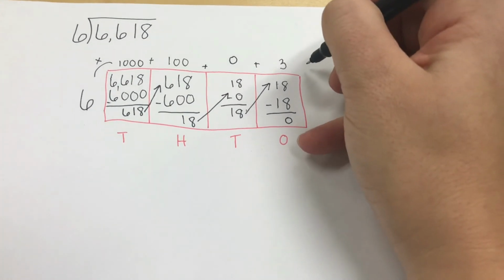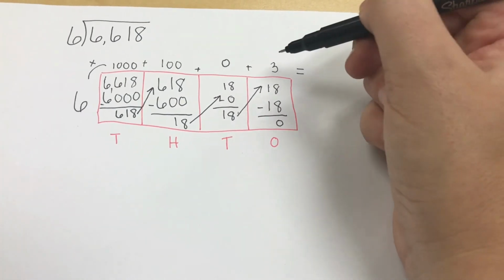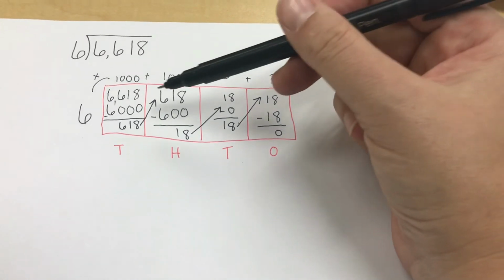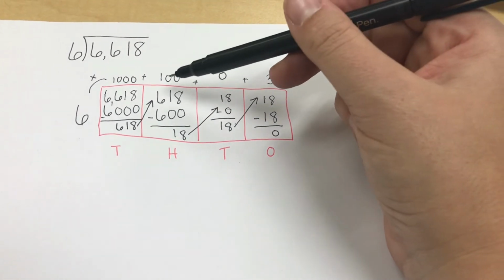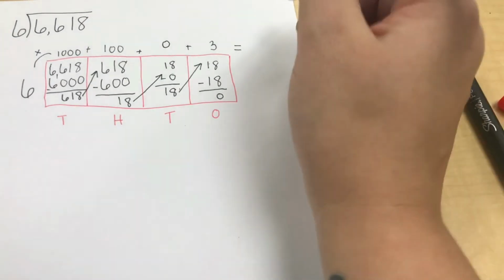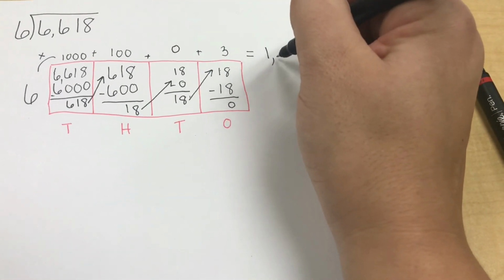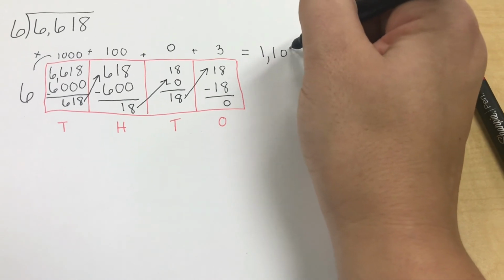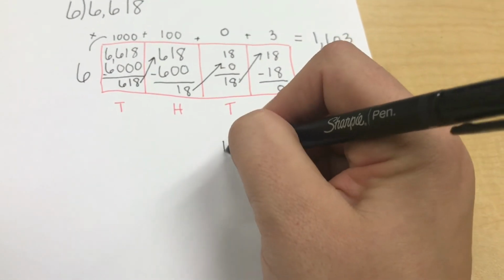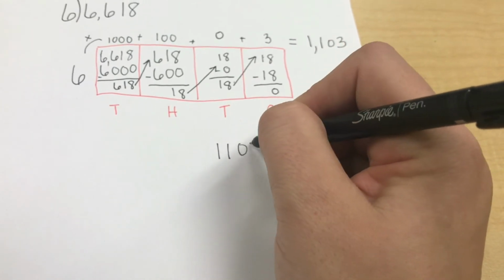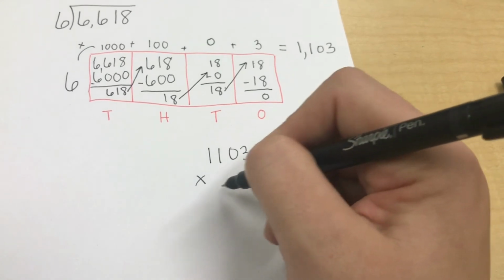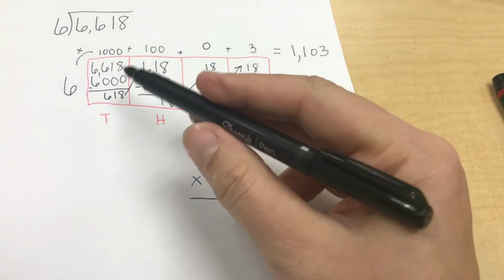Our work is not done until we have added all of our products up at the top together, our factors. So we have a 1,000. A 100, no tens, and a 3, which gives us the answer 1,103. Now I ask the students to check their work by going back in and multiplying 1,103 times 6. And this should give us our dividend here,